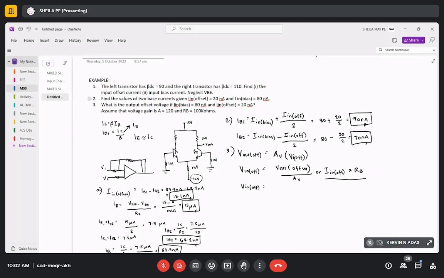So we have input offset current of 20 nano, and an RB of 100k ohms. So this would be